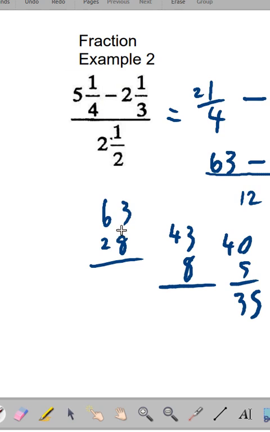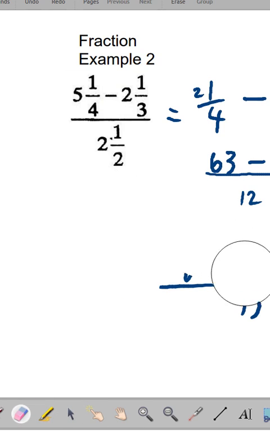Or I could have said 3 minus 8. I can't. Borrow 1 from 6, gives you 5. This is 13. 13 minus 8 is 5. 5 minus 2 is 3. Alright? Could have done it whichever way I want. So it's 35 over 12. Now, another way to look at this